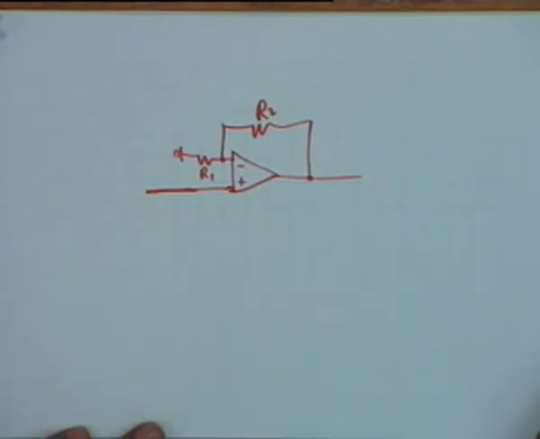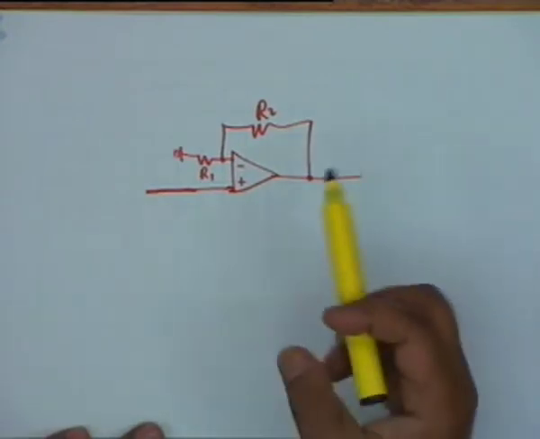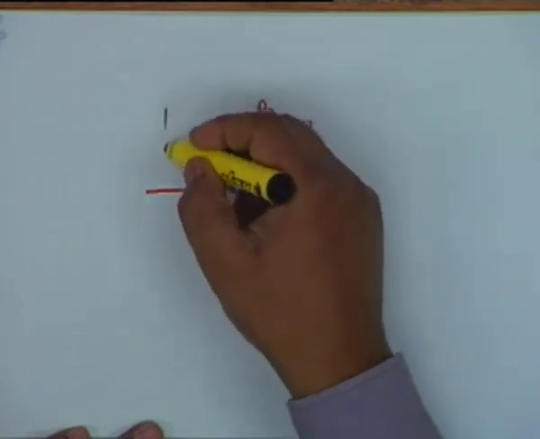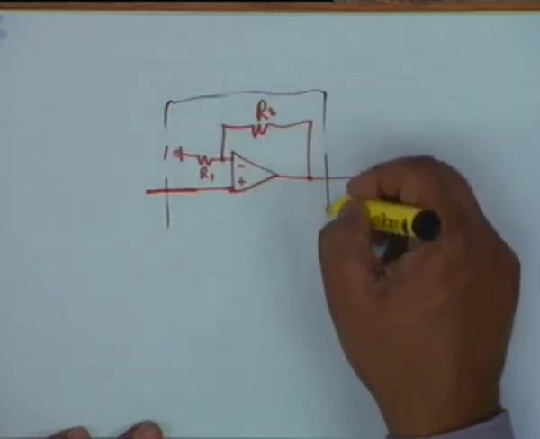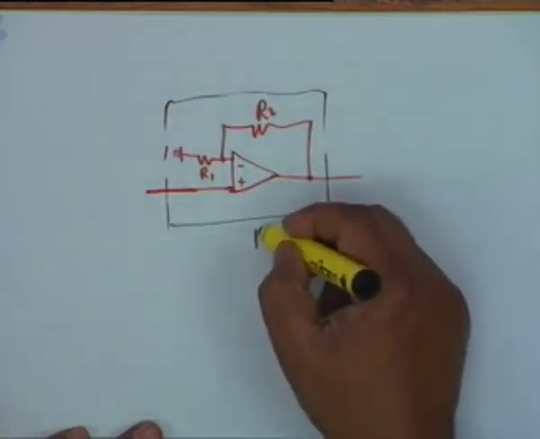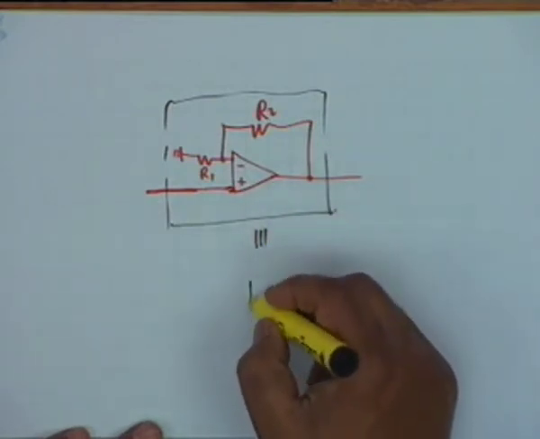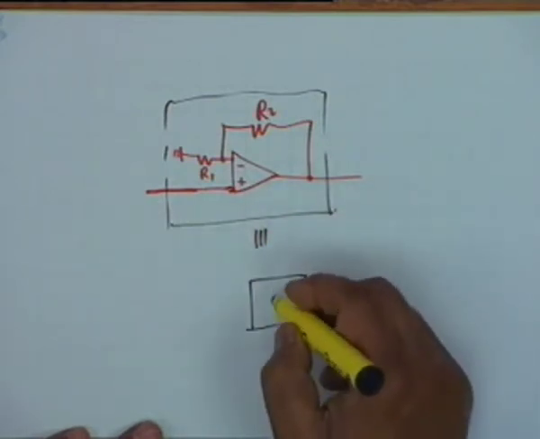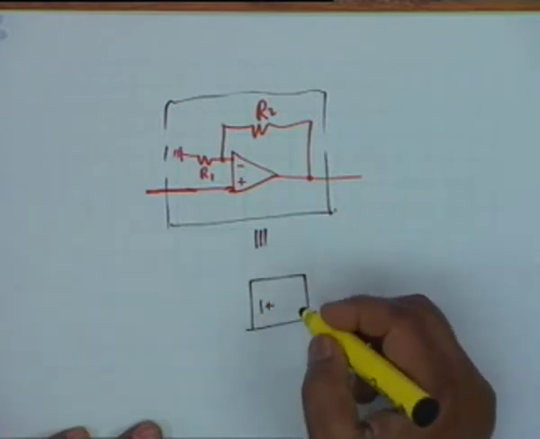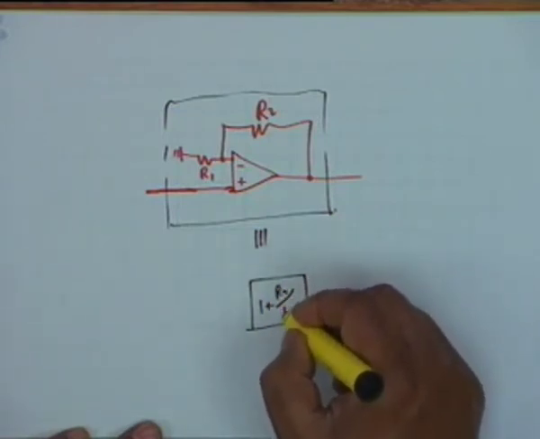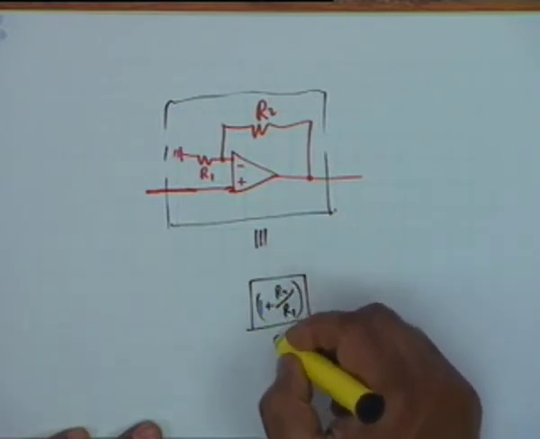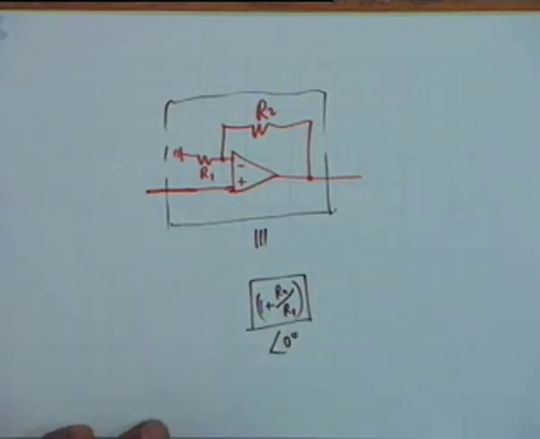I want to make this into an oscillator, and one of the ways, you see this block is equivalent to an amplifier of gain 1 plus R2 by R1, and the phase shift is 0 degree because